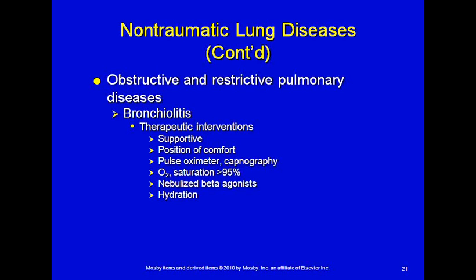Some therapeutic interventions for the treatment of bronchiolitis include supporting the ABCs, putting them in a position of comfort, and hooking up your monitors: pulse oximetry, capnography, and heart monitor as well. You want to keep their O2 sats greater than 95%, and you do that certainly with supplemental oxygen and nebulized breathing treatments, since this is an inflammation of